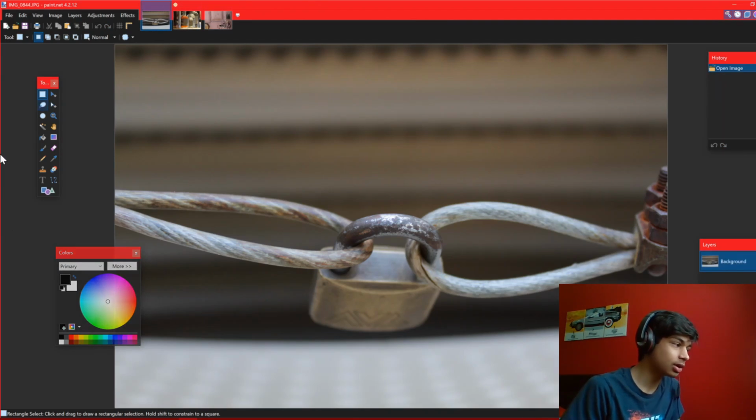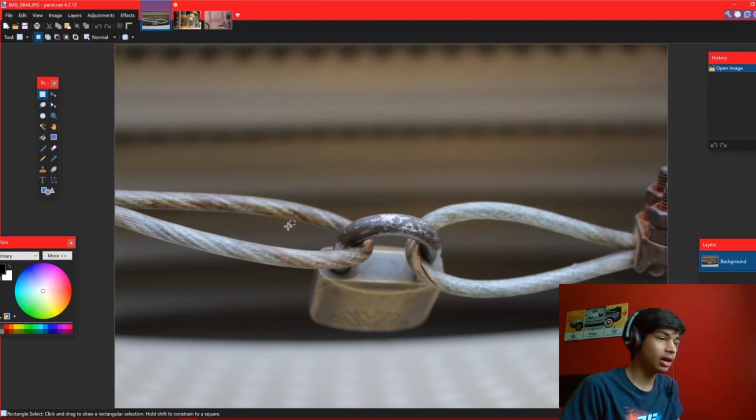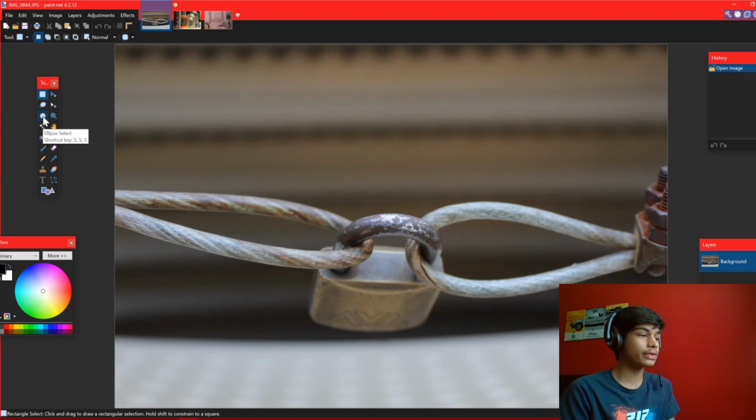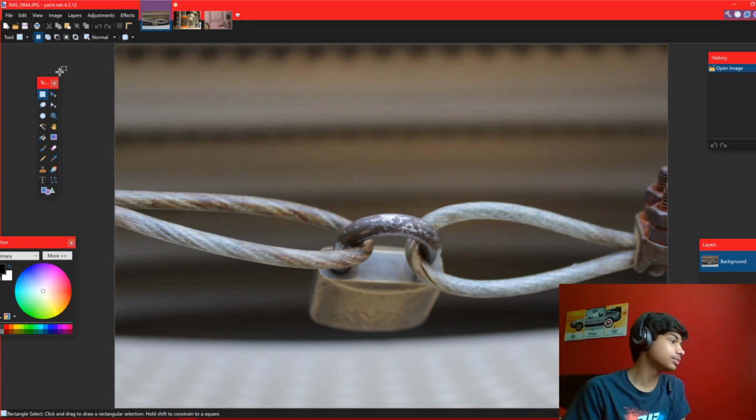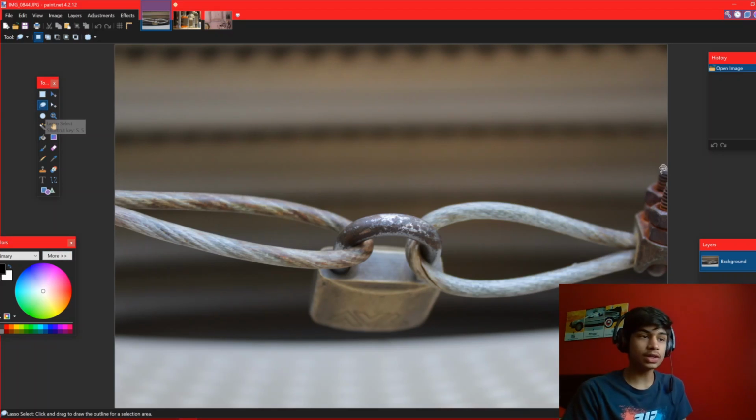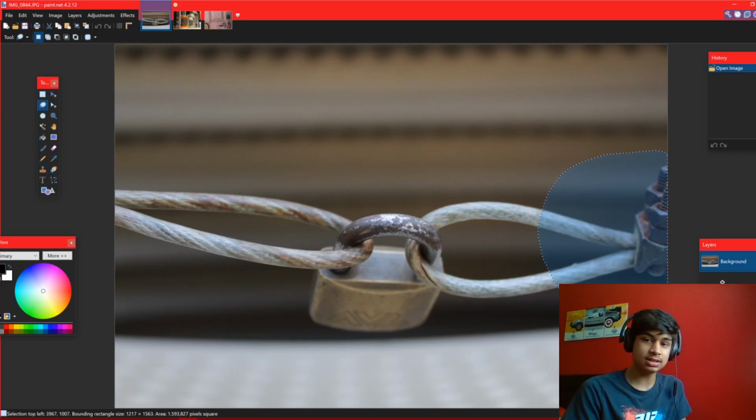So we're going to be starting with this lock right here, and the first thing you want to do when you get a photo and you want to edit it is to crop the photo. If you don't have to, if you want the whole thing, that's fine, but for example, if there's some part that's drawing the eye away from the focus, then you want to crop that out. So right now in this photo, the thing that is very distracting, as you can see, is the bolts